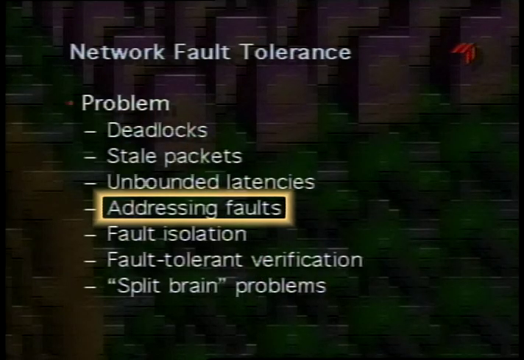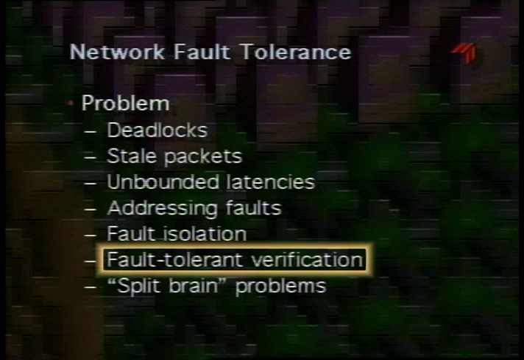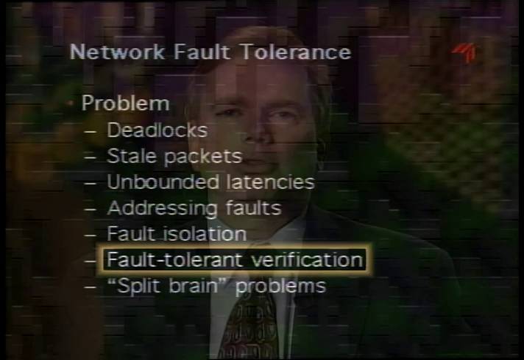So we have a way of sweeping old packets from the network, a special type of packet transaction which goes through and destroys any packets in progress to make sure the path has no stale packets when it's restored to operation after a failure. We've also put in other hardware features to detect packets delivered to the wrong destination, and we've put in special hardware for fault-tolerant verification. Each of the ASICs is designed with special fault injection points built in, so that later, when we're testing the system, we'll be able to inject faults in both the control and data logic while applications are running.